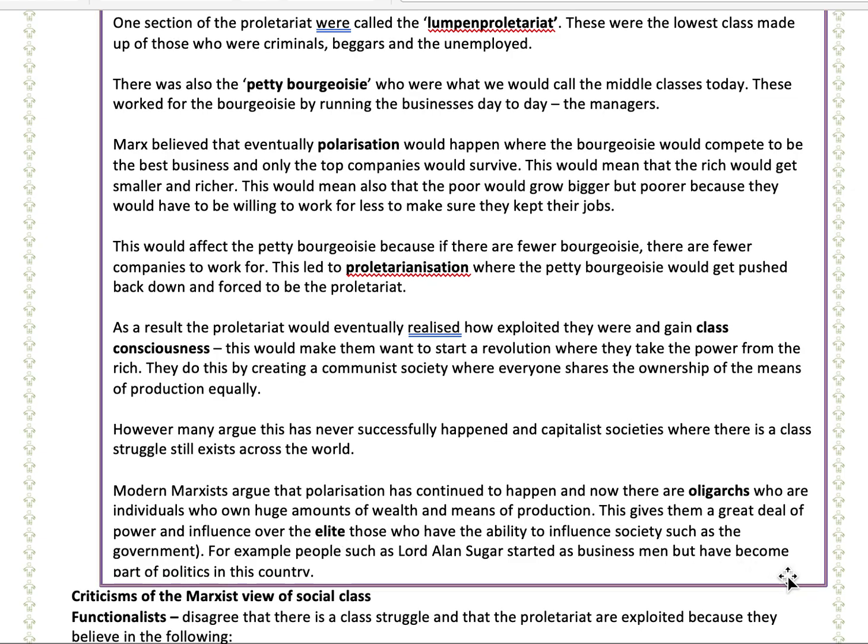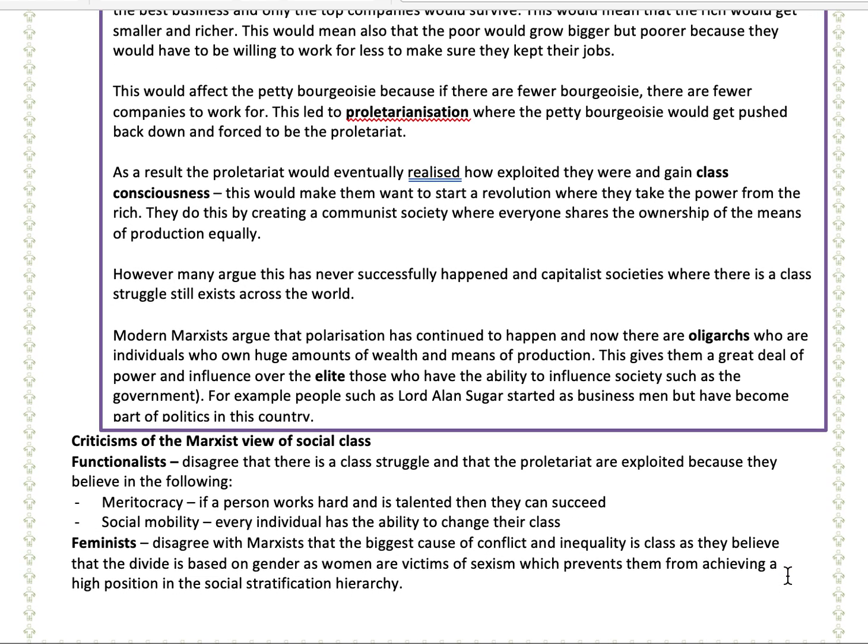Oligarchs and elite, these are just other key terms that refer to the most powerful people in society. Oligarchs is usually associated with very rich people in Russia who have huge amounts of control over lots of different political happenings and have a significant amount of wealth. And then also the idea of the elite, so groups that have huge amounts of power and influence over our society.